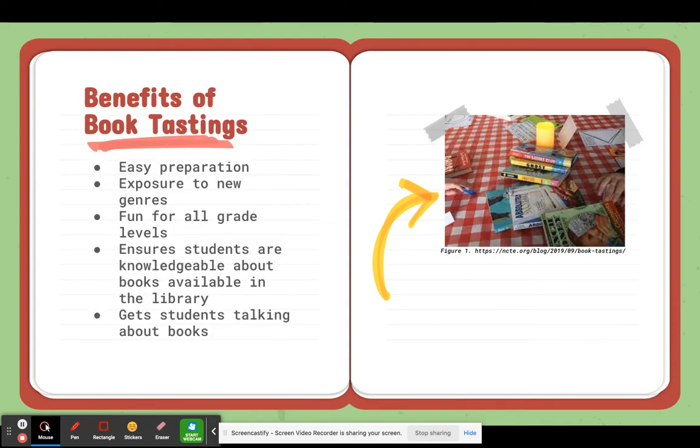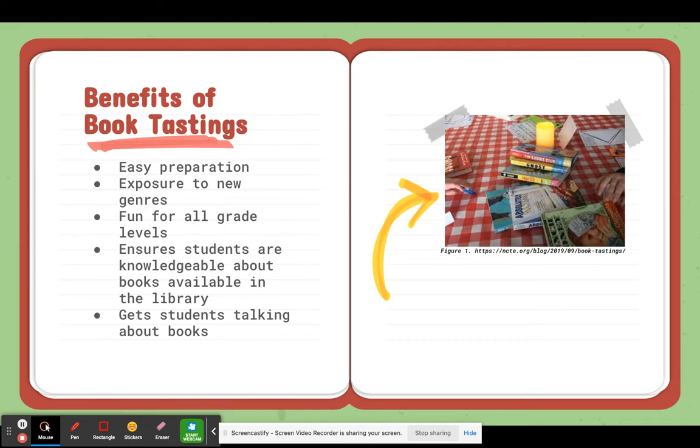The benefits, just like book talks, are innumerable. It's easy prep. You don't have to have all the fancy stuff, the candles, the tablecloth, so on and so forth, but you could, and it's not that much if you wanted to. You have students getting exposure to new genres, fun for all grade levels, ensure students are knowledgeable about books available in the library.